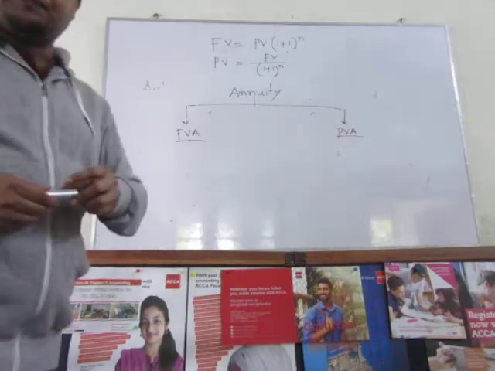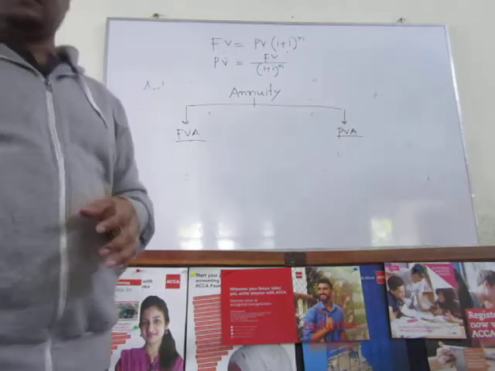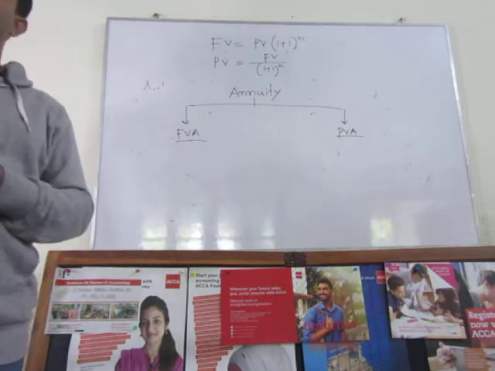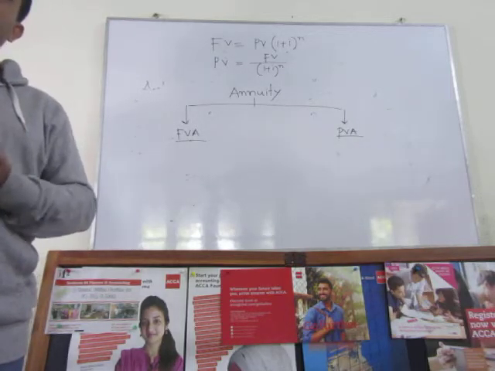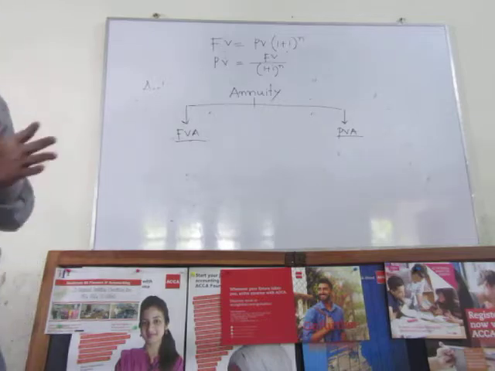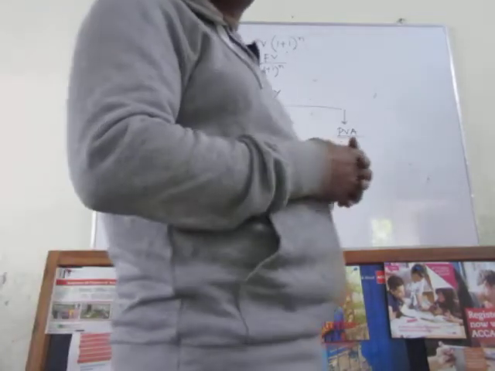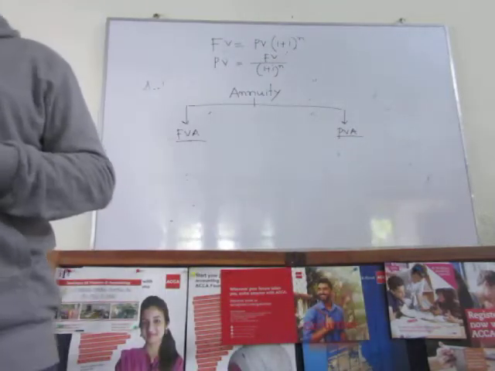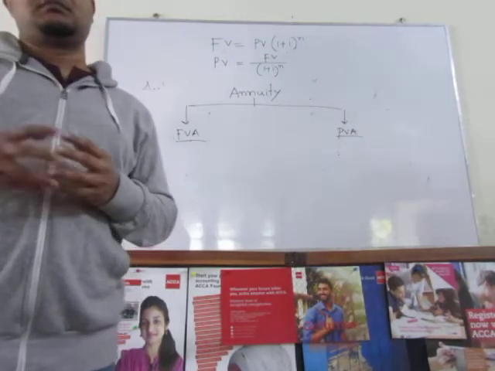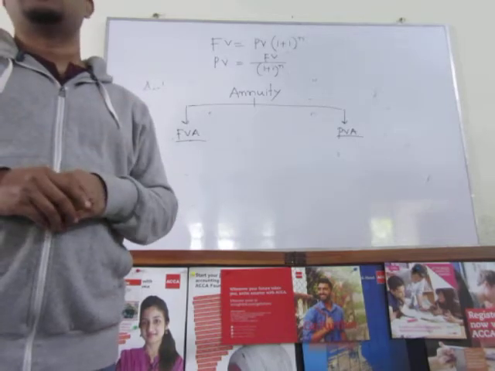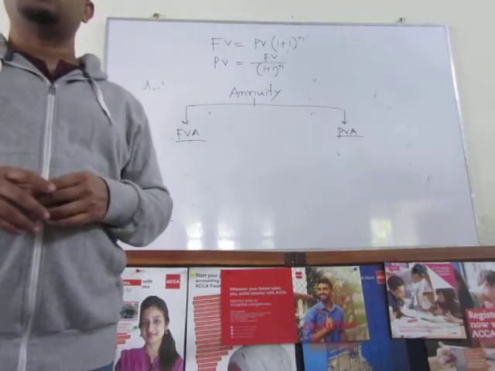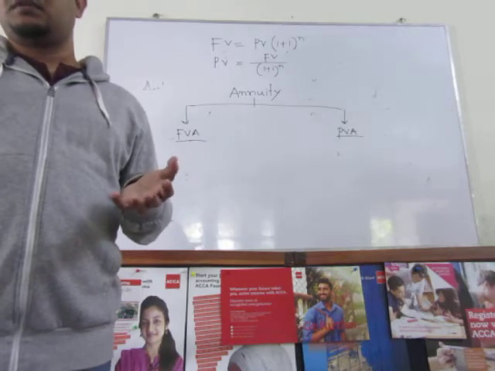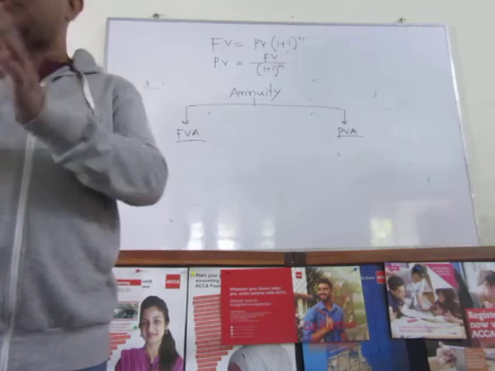Future value annuity means, focus on the example. You made an agreement with the bank that each and every year you will invest $100 into an account up to 3 years. At 10% interest compounded annually, what will be your lump sum amount at the end of the 3 years? That's why we are saying this is an application of compound interest.